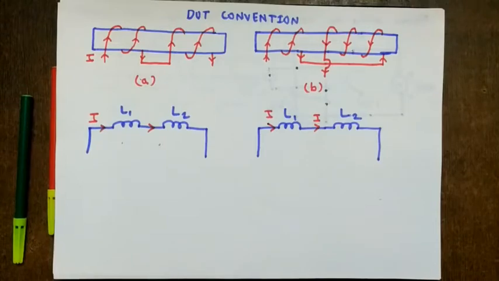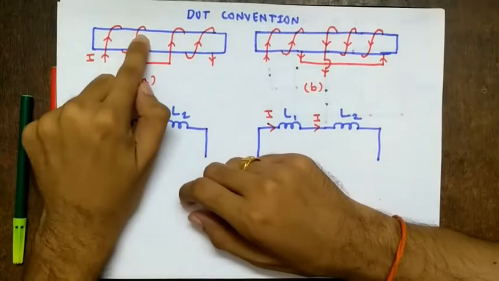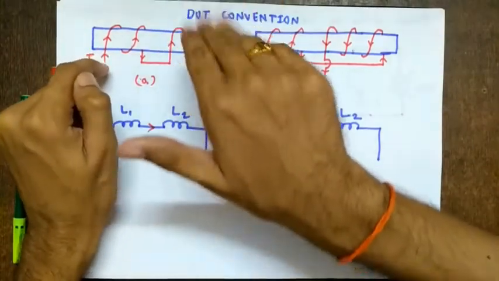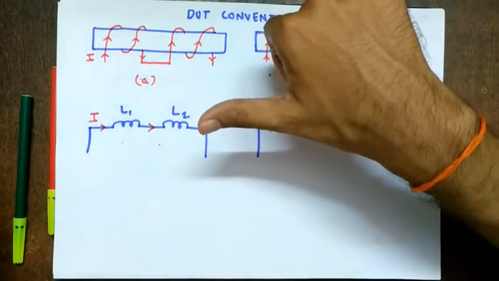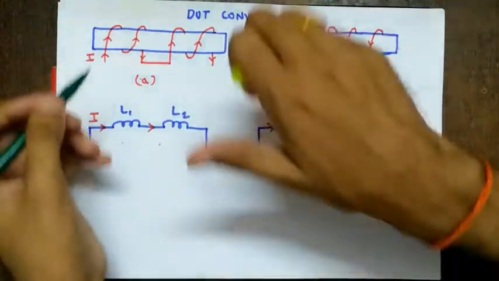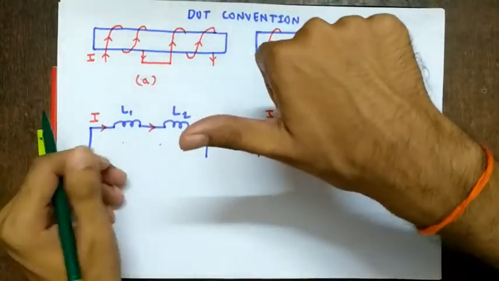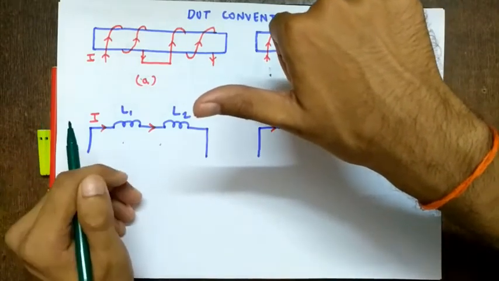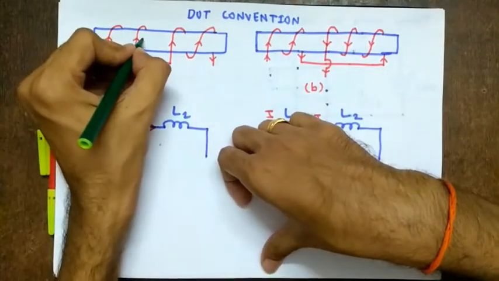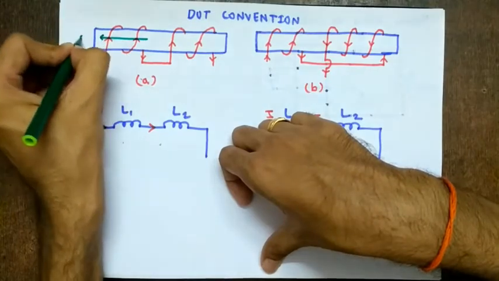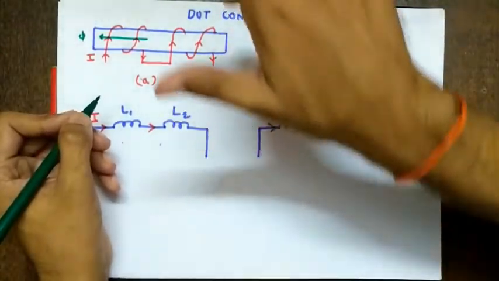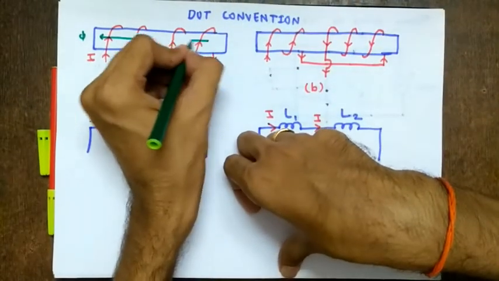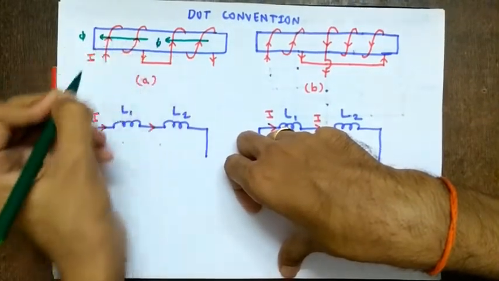So how is the direction given? It is given by the right hand rule. So how is the current flowing here? It is flowing upwards. So I give the direction of current by the curled fingers, and my thumb points in the direction of flux. So let me use a green pen. Again, my curled fingers give the direction of current, and my thumb points in the direction of flux. So my flux is in which direction? Towards left. Let's call this phi. What is happening here? Again, it is going upwards. So again, flux is in the same direction, right?